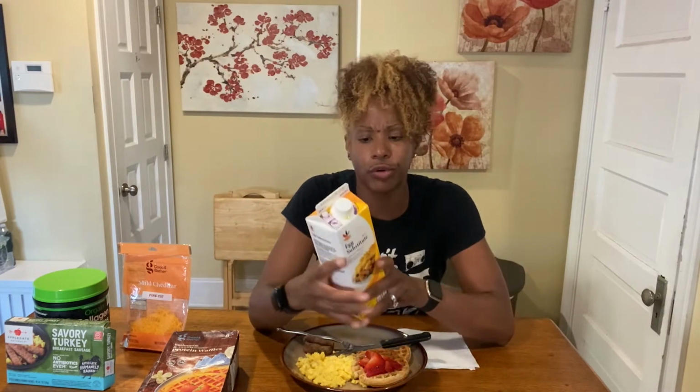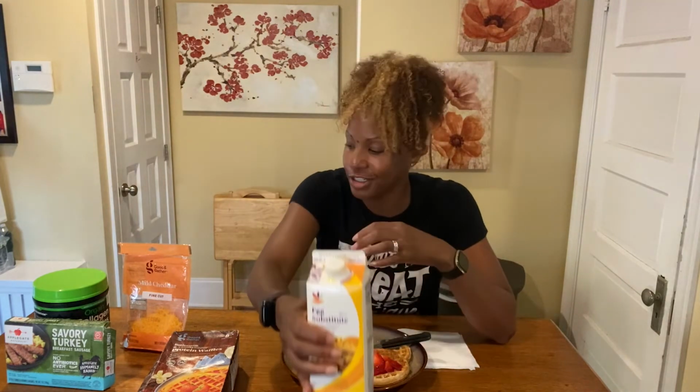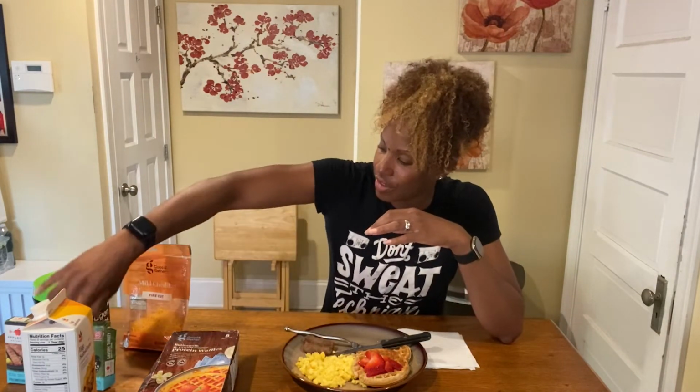And like I said, it's less calories. So for one serving it's 25. So if I do the 3, like I said, that's 75, whereas for one egg, it's about 75 for one egg, right? So if you're trying to cut down and be in a calorie deficit, then that's the move right there. And with the sausage,